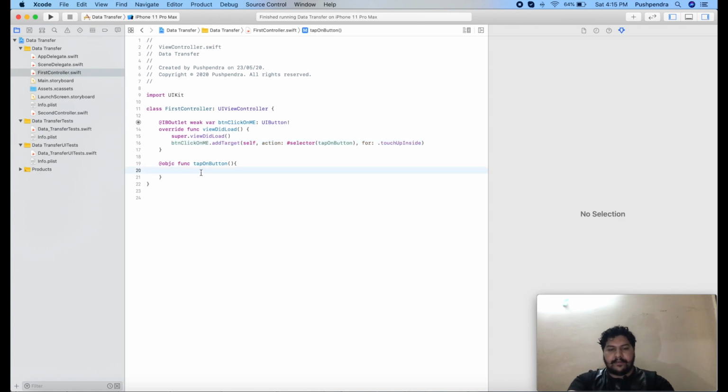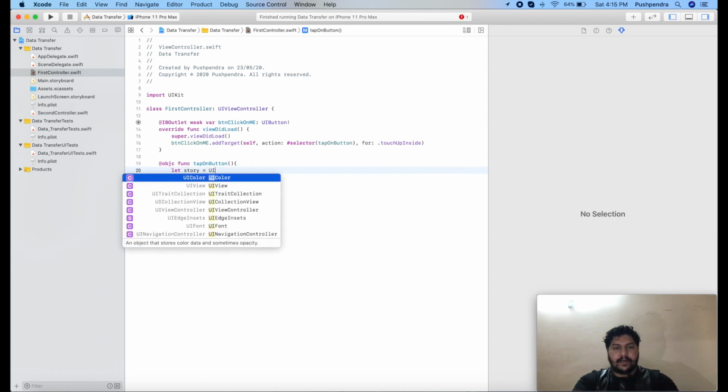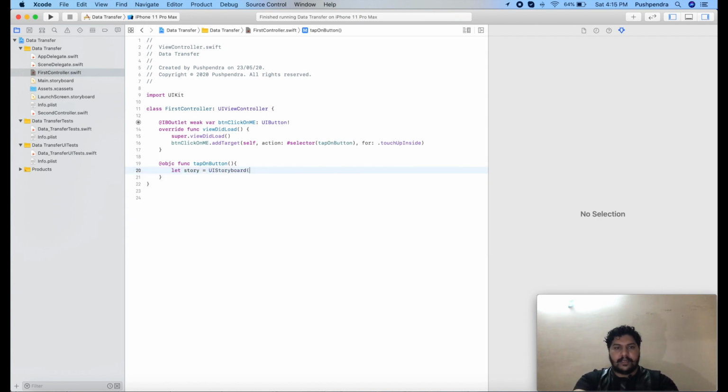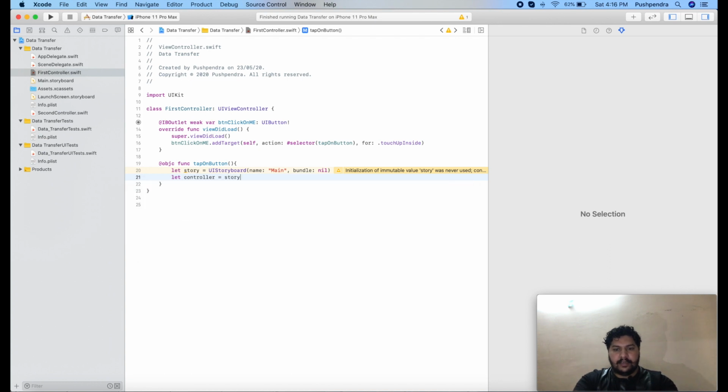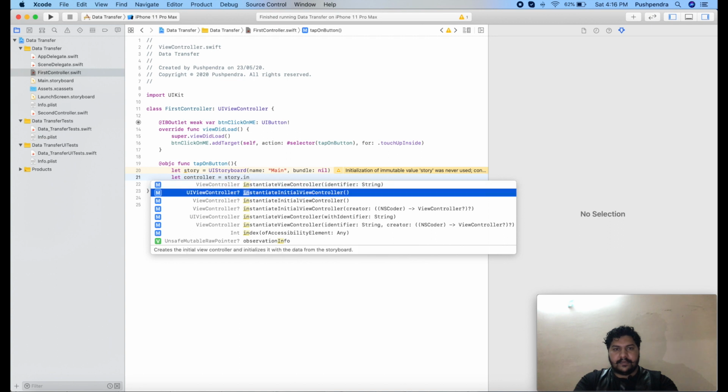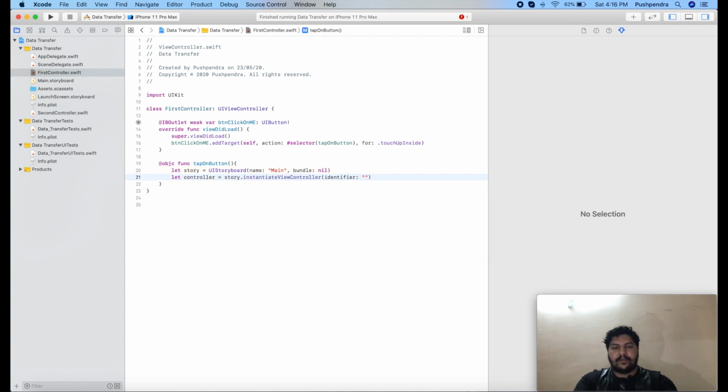Now at the very first we will take the reference of our storyboard. Okay, so let story equals UIStoryboard, and here we will give the name of the storyboard, which is Main, and bundle is nil. Okay, now we will find the controller from the storyboard. So let controller equals story.instantiateViewController(withIdentifier:). Here we have to give the identifier of our view controller,